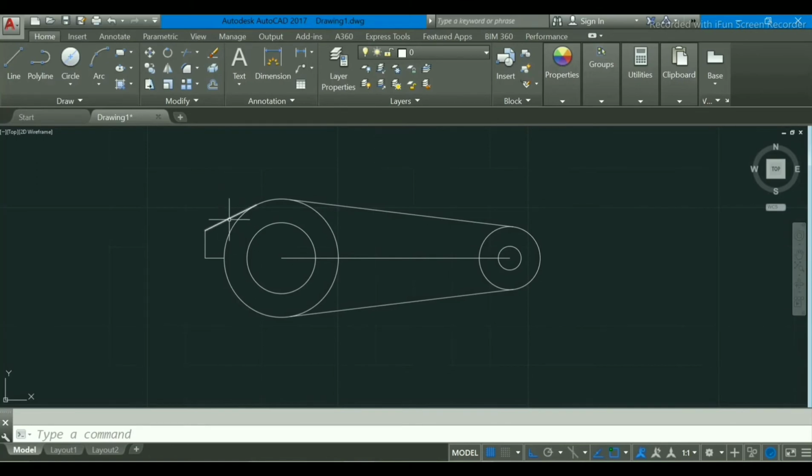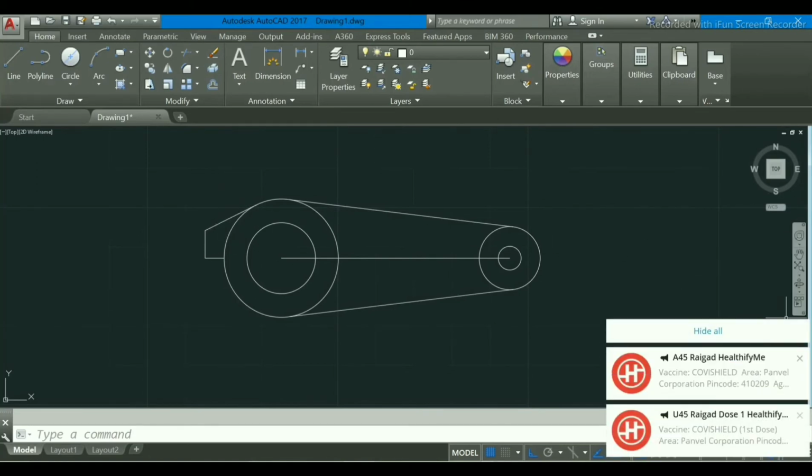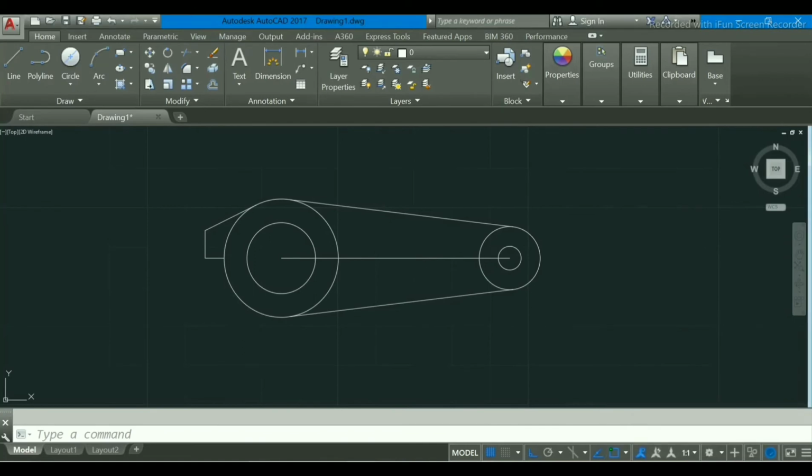Now we have to create another section. So again go to mirror, press MI, enter, and it shows select objects. I will select this and right click. Specify first point, I will choose this.